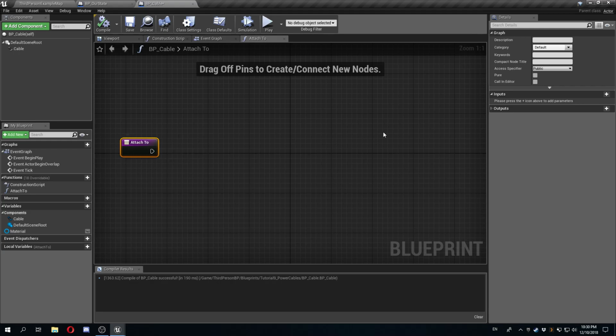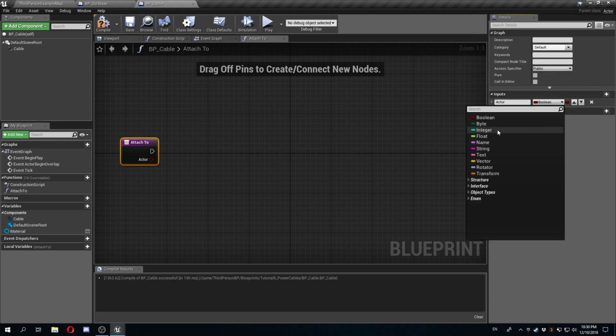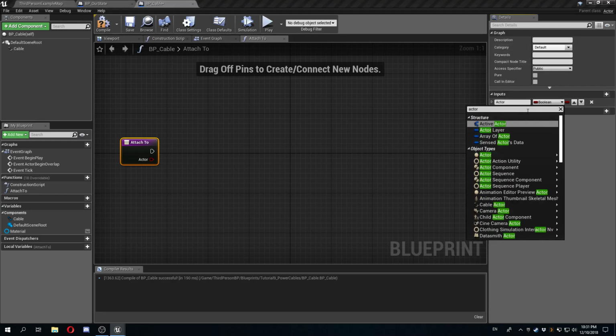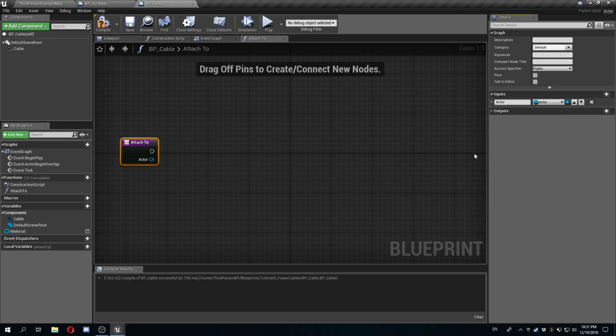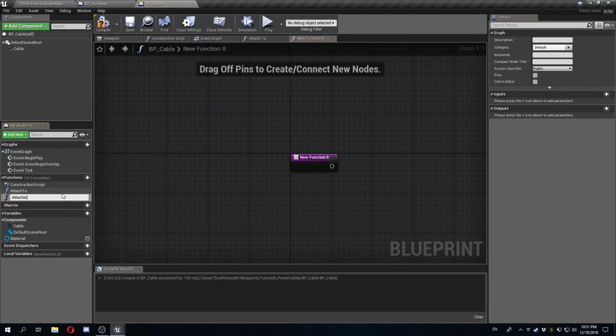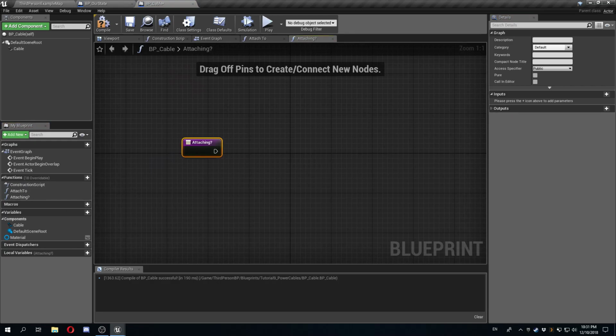So AttachTo, I am going to just add an input called actor. It's basically the actor that you want to attach the cable to. Real simple. I'm not going to implement this yet because I need some other functions to be able to use from this one. I want a function called attaching to tell me whether I am attaching or whether I am already completely attached to both,